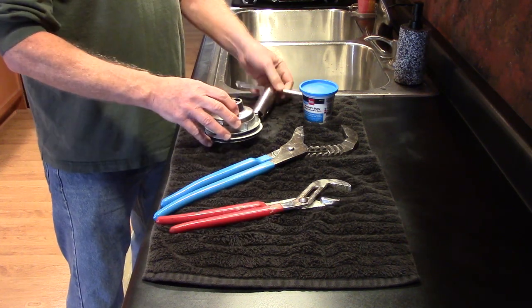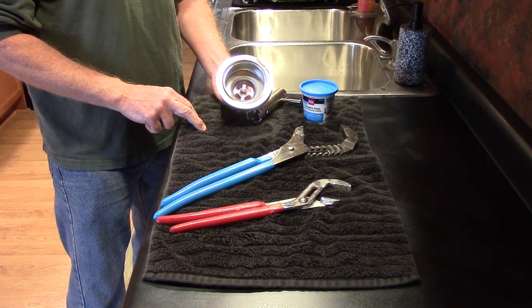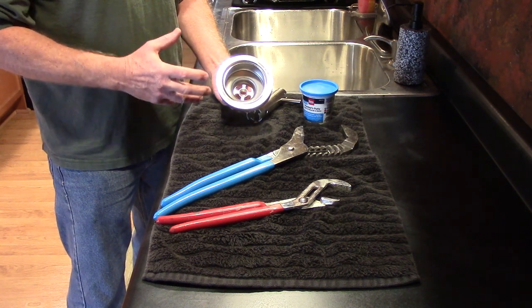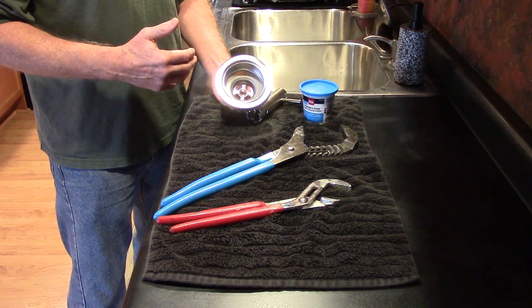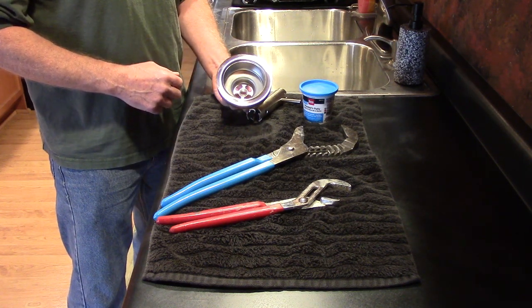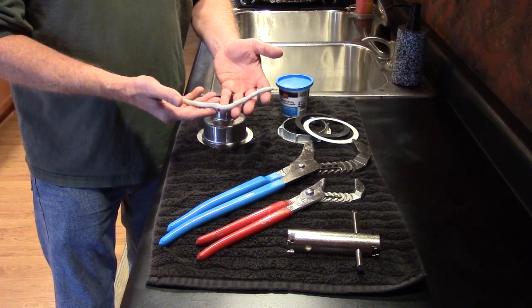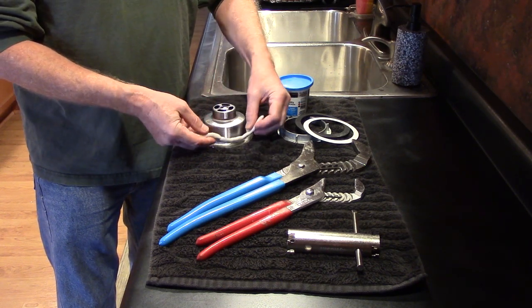You could also have a helper put a pair of needle-nose pliers through the crossbars and hold it for you while you're tightening it from below, and you can put some electrical tape on the jaws to keep it from marring the crossbars. You're going to create a rope of plumber's putty, 1/4 inch to 1/2 inch wide, to put